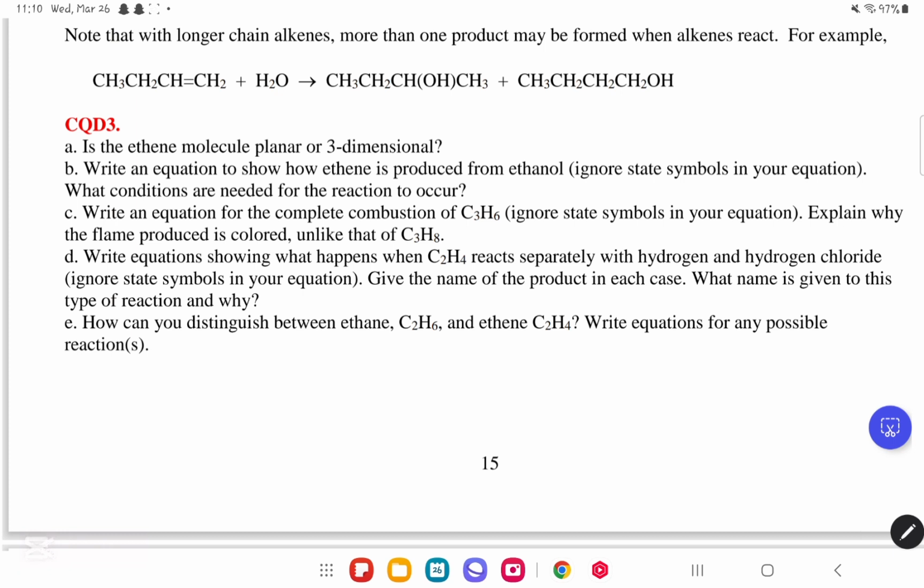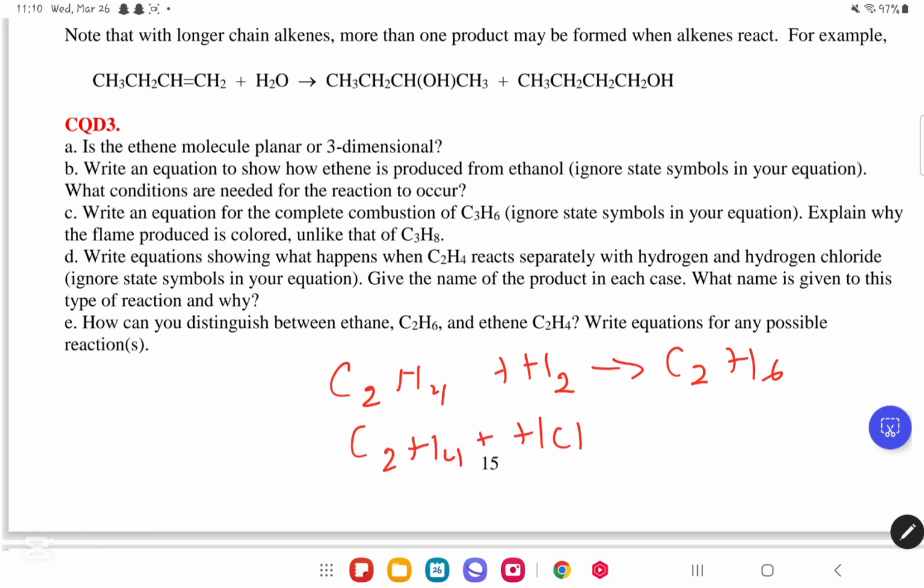Write equations showing what happens when C2H4 reacts separately with hydrogen and hydrogen chloride. Ignore state symbols in your equation. Give the name of the product in each case. What name is given to this type of reaction and why? So C2H4 reacts with hydrogen by itself. It will undergo addition and it will produce C2H6. And then C2H4 plus hydrogen chloride, HCl, will undergo addition and produce